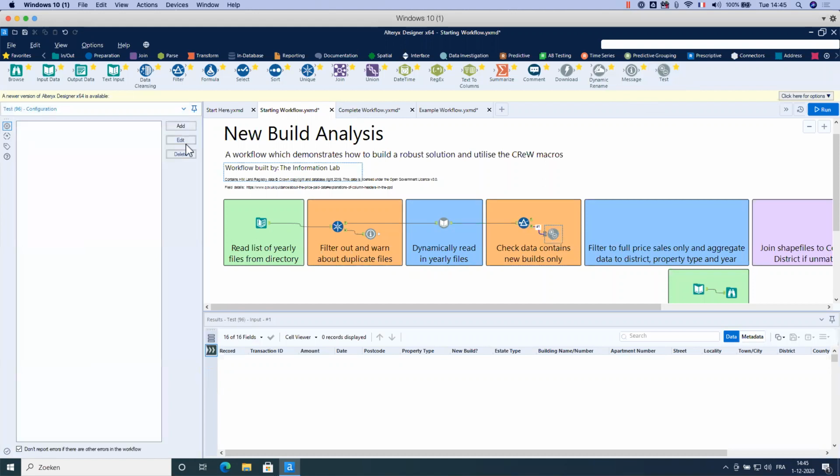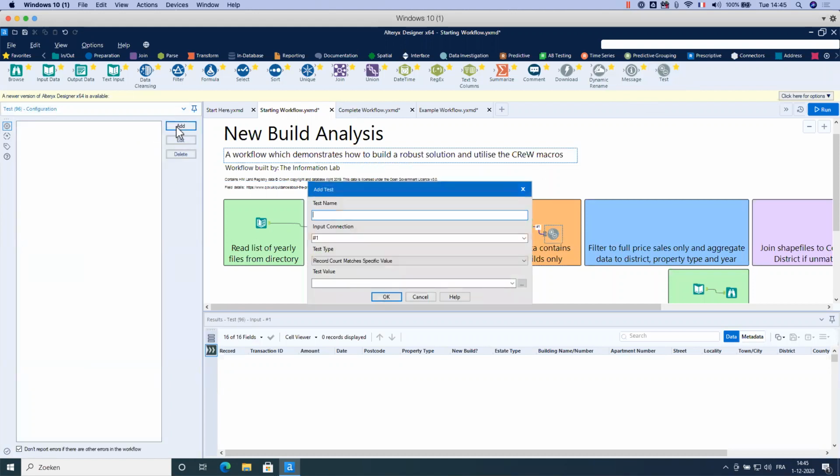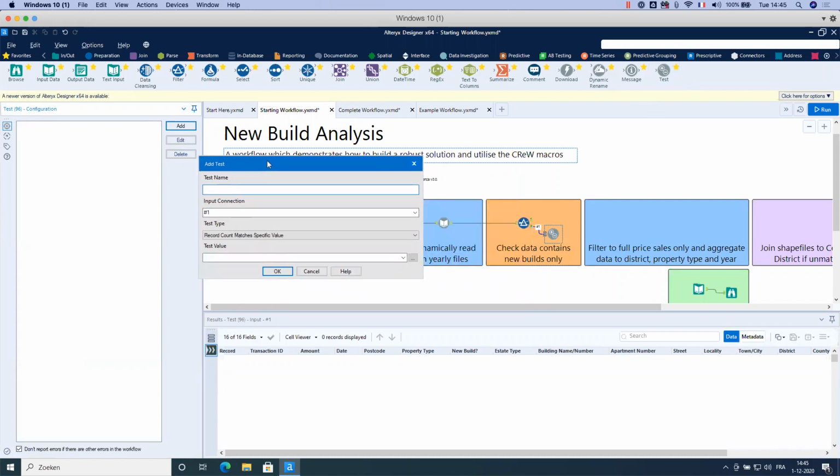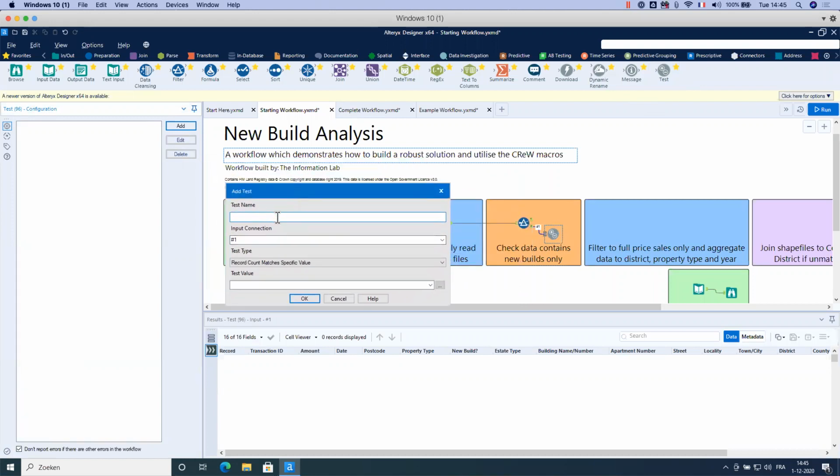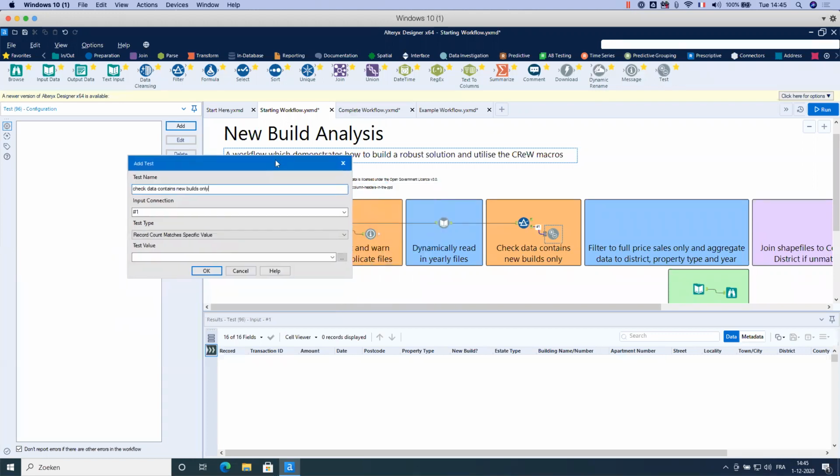So I drag the test, and now I can add a new test. The test name would be check data contains NewBirds only. Input connection is 1 because you can add as many tests as you want.